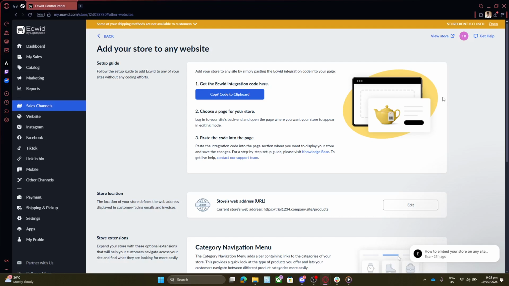After pasting, save the changes to your website and refresh your page to verify that the store appears as expected. This is your chance to ensure everything is functioning correctly and make any necessary adjustments. If it looks good and works without issues, congratulations! You've successfully integrated Ecwid into your HTML website. Remember, if you encounter any difficulties or need additional customization, the Ecwid Support Center is a